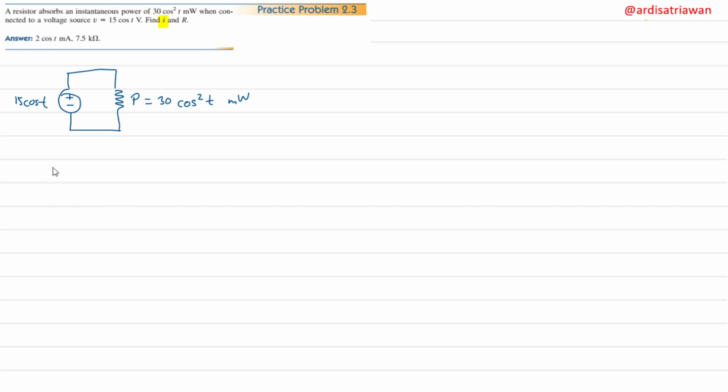Okay, we know that P is equal to voltage multiplied by the current, but we know the power, and we also know the voltage, so we just manipulate this formula into I is equal to P divided by V. Let's just plug the value. We have our power here, which is 30 cosine squared t milliwatt. Okay, let's just write the unit there. And then the voltage is 15